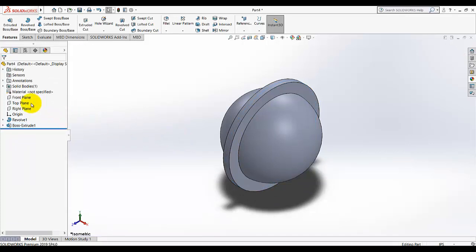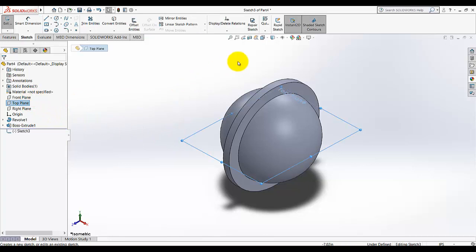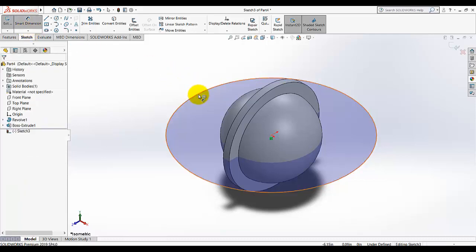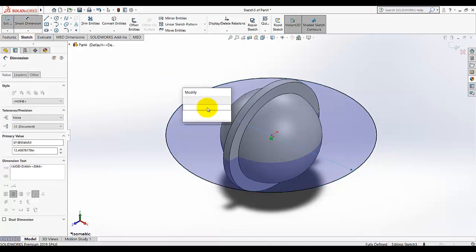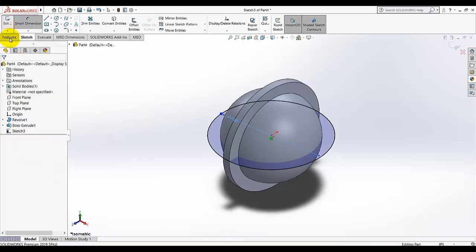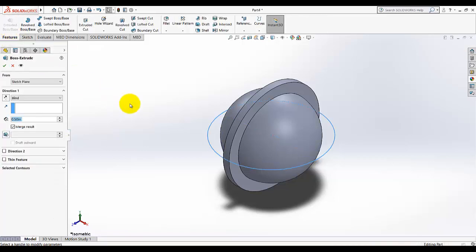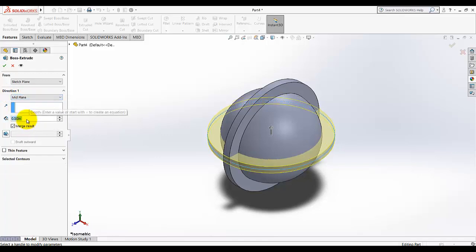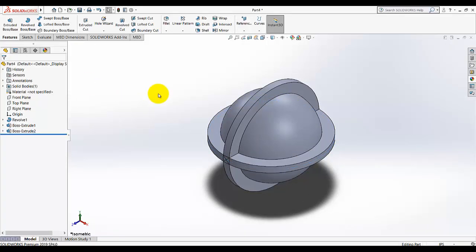Okay, and again on the top view I am going to open a sketch and just draw a circle of 7.5 diameter. Exit the sketch, go to features and extrude this sketch for the direction 1, mid plane, and 0.5. So this is our ring sphere,